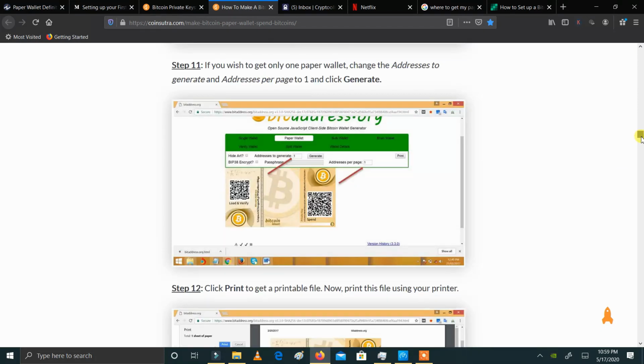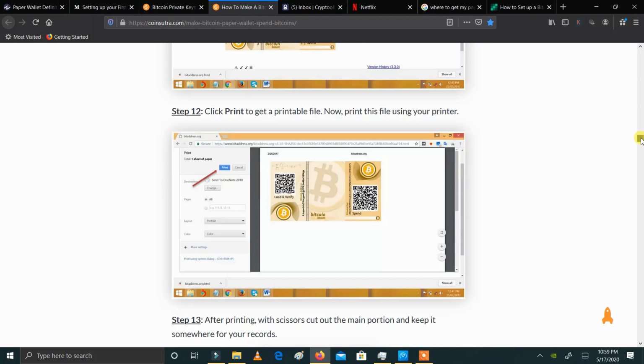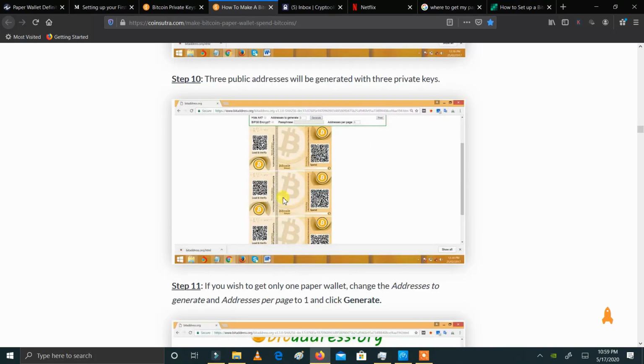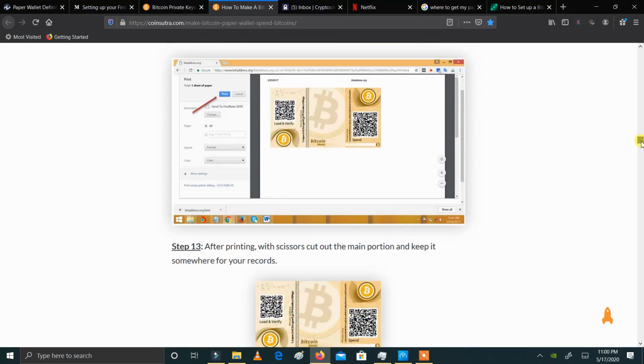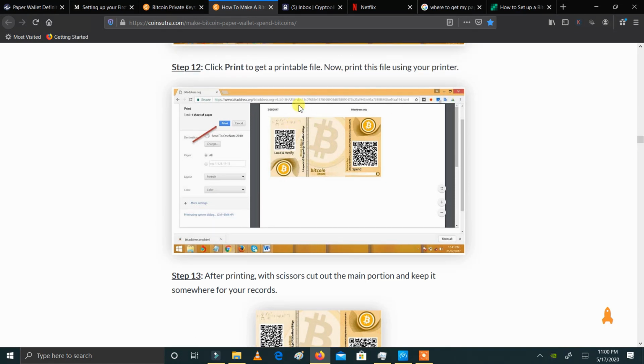You can generate one paper wallet if you only want one, depending on what you want. If you want three, you can have different wallets for different purposes. So maybe one will keep savings, this one will be emergencies, this one will be expenses, or something like investments. You can do that. And then after that, you can print to get a printable file using your printer,